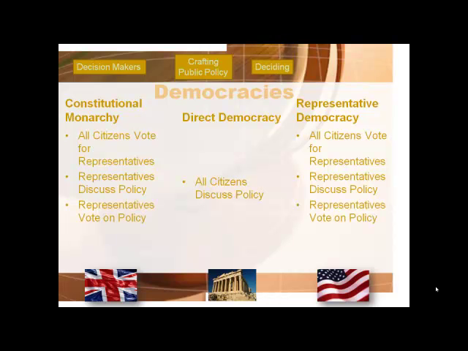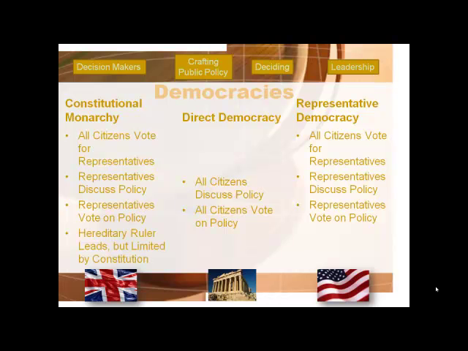So how do we decide? Okay, in both the outside ones, we see that representatives vote on policy. So again, they're the ones that are making the decisions. In ancient Athens, in a direct democracy, the citizens vote on the public policy itself. So they make policy, they vote. Now in a smaller community, you can do this, townships, city councils, things like that, because there aren't as many people. In a nation of 320 million people like the United States, how do you get them to come up with a law? Because everyone is going to find fault with some language in a law.